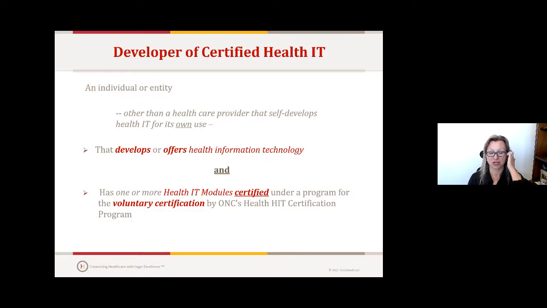And that's been something that organizations over the last few months have been revisiting, looking at more carefully, and really trying to make a determination as to whether their scope of exposure is based on the activities that they're engaged in. And the last category, which is a developer of certified health IT, sort of speaks for itself. The only thing I want to point out, that I've gotten a question about from a few vendors who are not certified health IT vendors, who do not pursue ONC certification: if a vendor is not going through the ONC certification program, it does not fit this definition, and it technically does not need to comply with the information blocking rule.